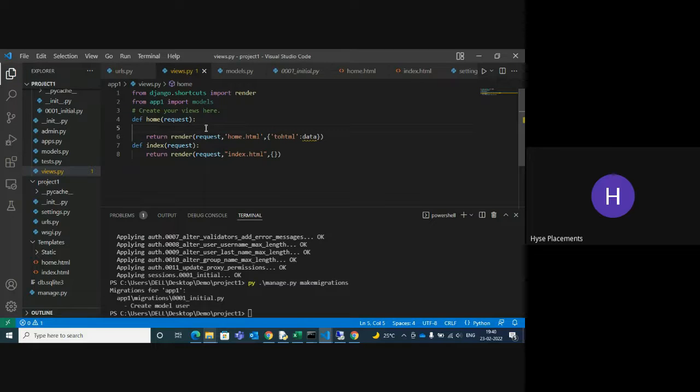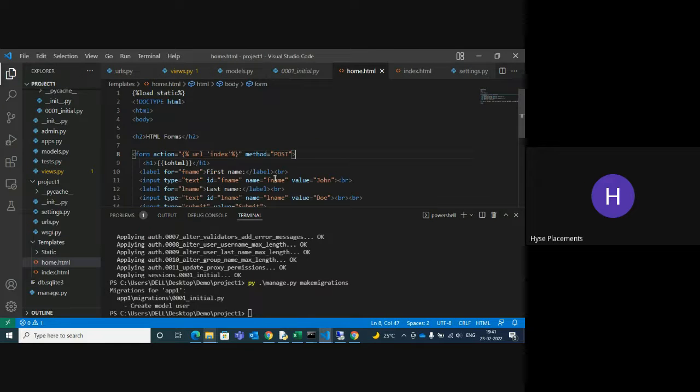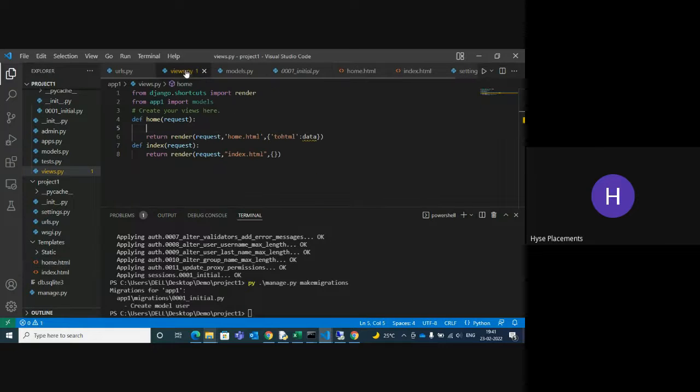And next, what fields are present in this? You can give f dot name. You can copy now, write in this.